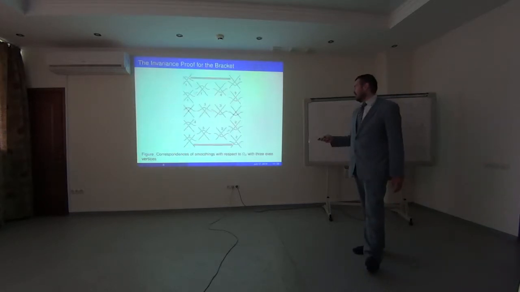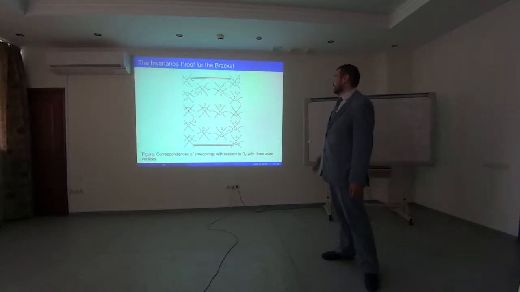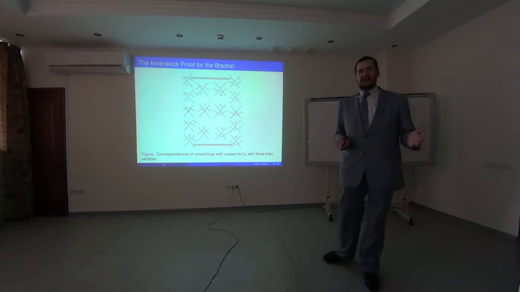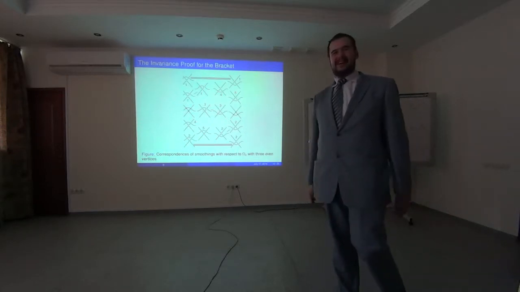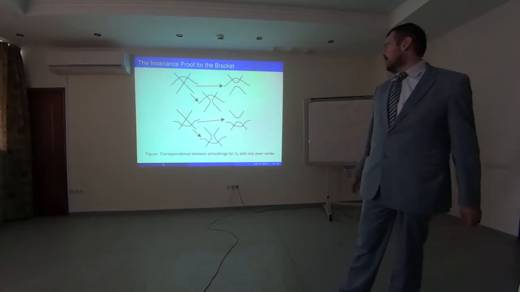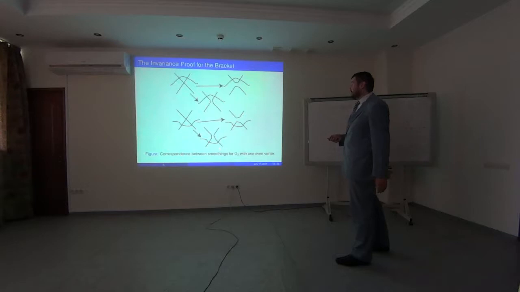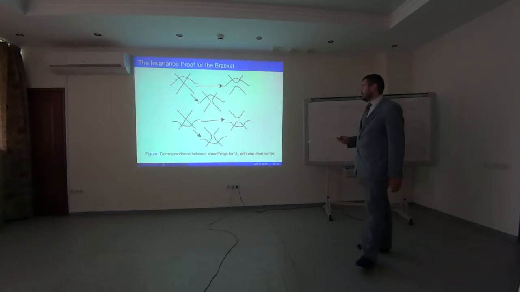And for the third Reidemeister move, this is the case when all three crossings are even. So we just check that we have some count mod Z2 in 8 degrees, just as in the case of the Kauffman bracket. And for the third Reidemeister move, when we have two odd crossings, so these two upper ones are odd,